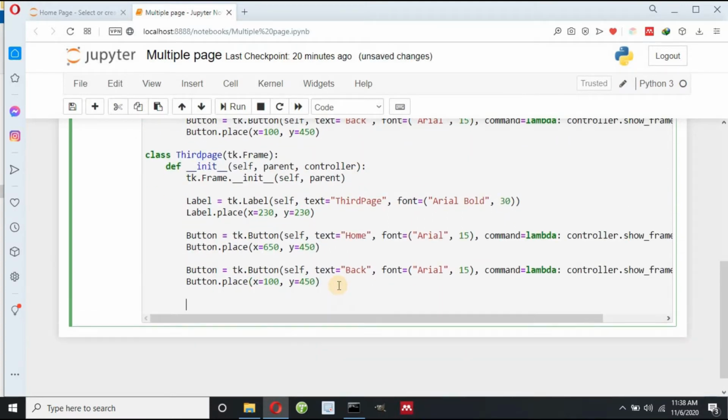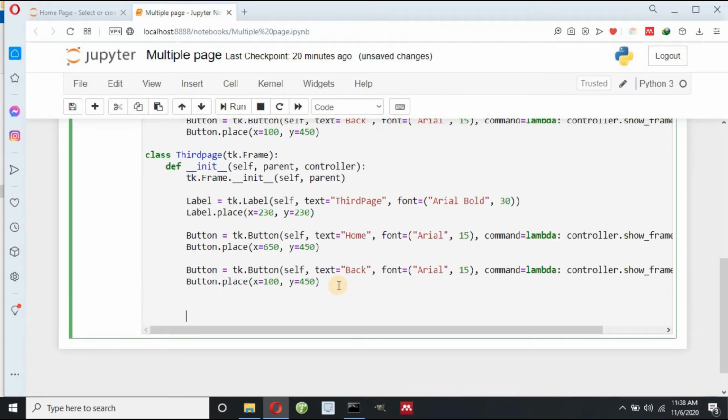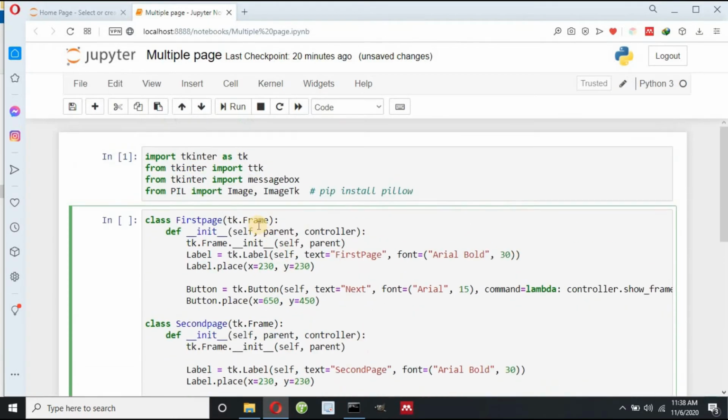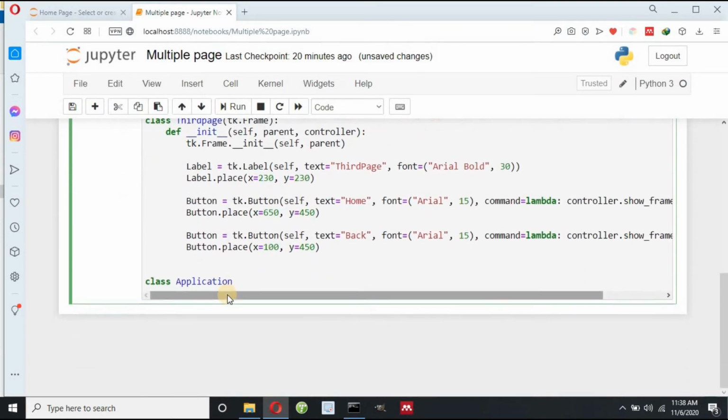So I can write here main function. Let me write here class Application. This is my application. Now I need to join these three pages, first page, second page and third page. Class Application, I can pass tk dot. Now this is not my frame, I can pass Tk, capital T, small k.